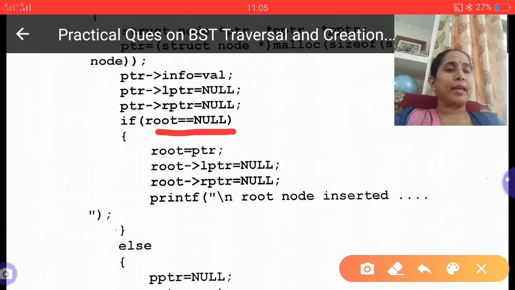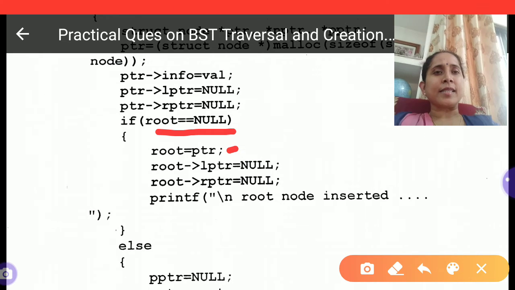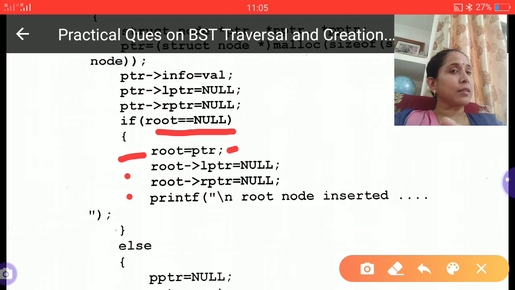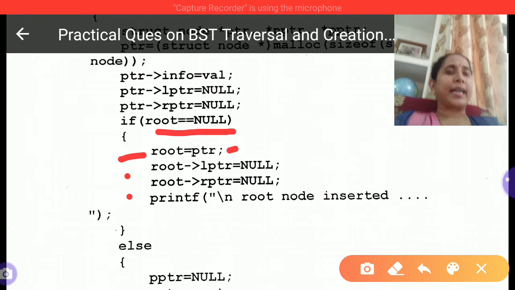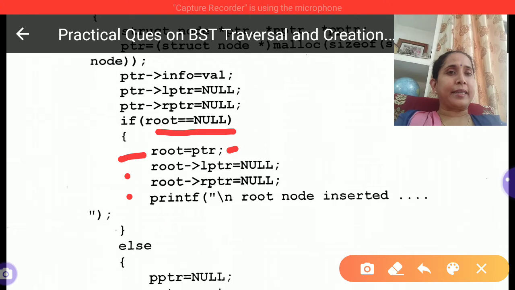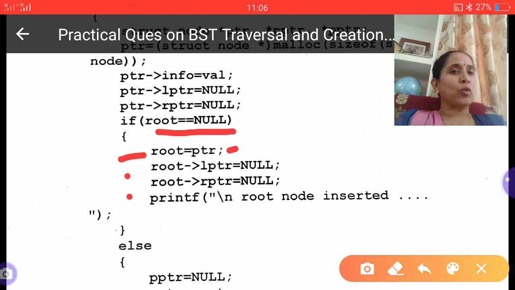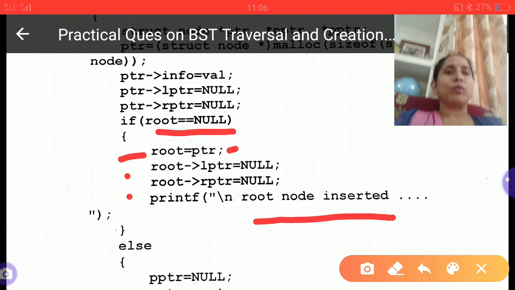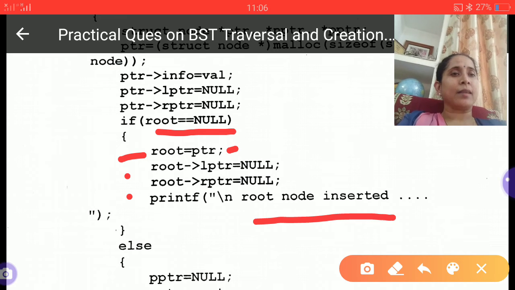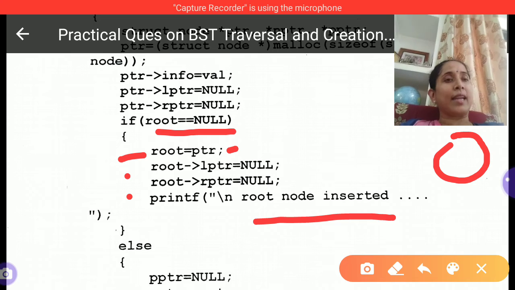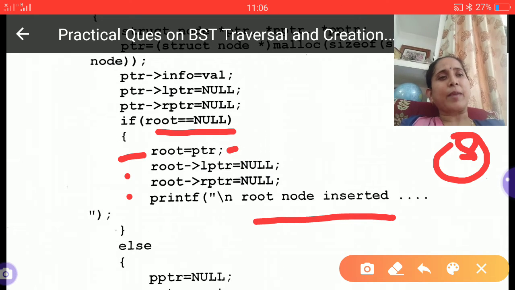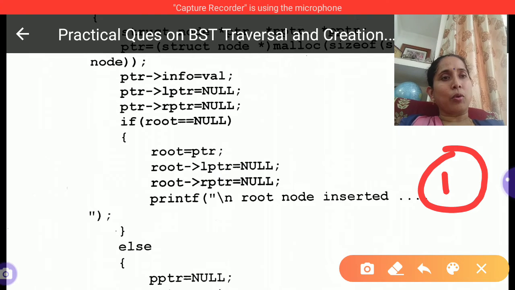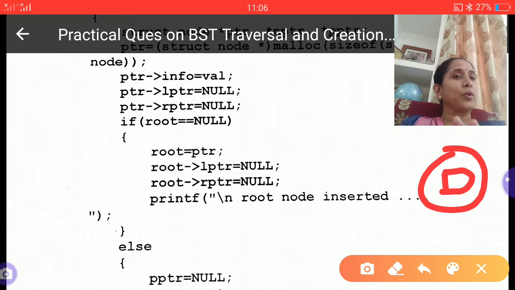So we are going to store the address of this pointer at this root, and what will come in the root's lptr and rptr? Null. So the root's left and right pointers will remain null, and in the root node pointer, the address of this pointer will come, that is the node for which we allocated memory now becomes our root node. Correct. So we say the root node is inserted, that is, the first node is added in the tree. Like this, suppose I insert 1, and let's say 8. If a node is inserted as, let's say, D, so D is my first node, so we insert D like this. Now the root node is created.